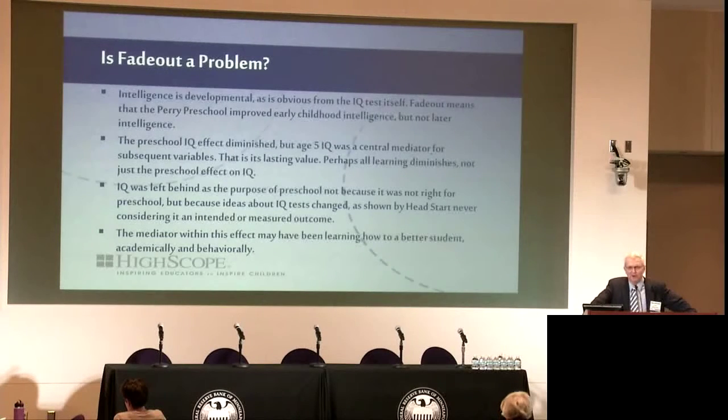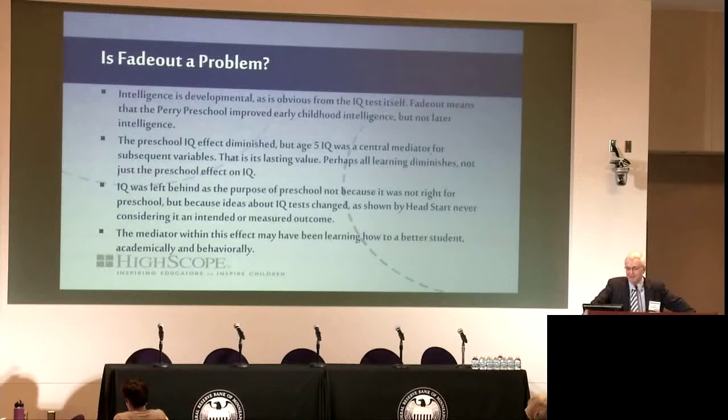Let me first of all interpret intelligence a little bit differently. You could distinguish between a kind of age-specific intelligence and a general intelligence that lasts over time. And intelligence then could be distinguished at early childhood into early childhood intelligence and general intelligence. So the program affected early childhood intelligence. It didn't do much of a job on school intelligence. That's also very consistent with the structure of an IQ test. So in both cases, it's just another way of saying that there's a fade out.